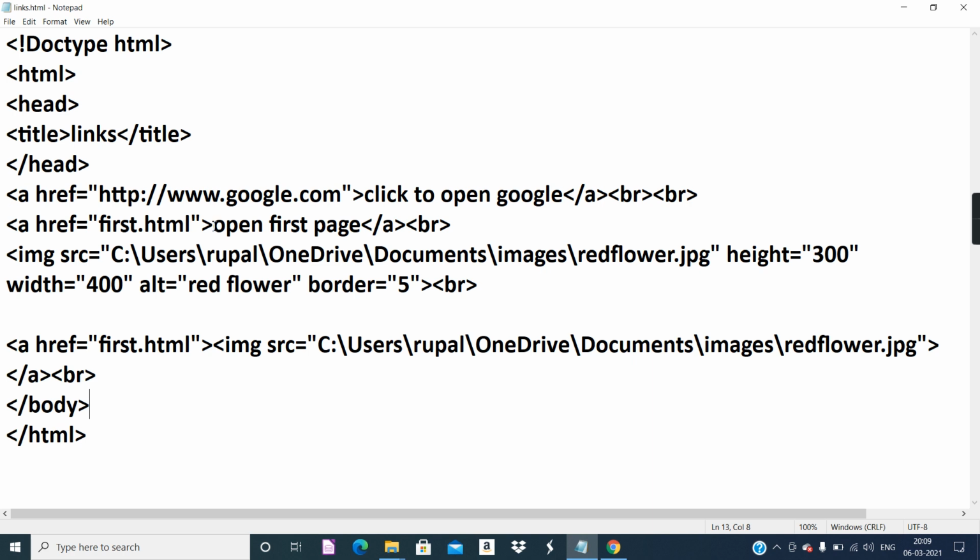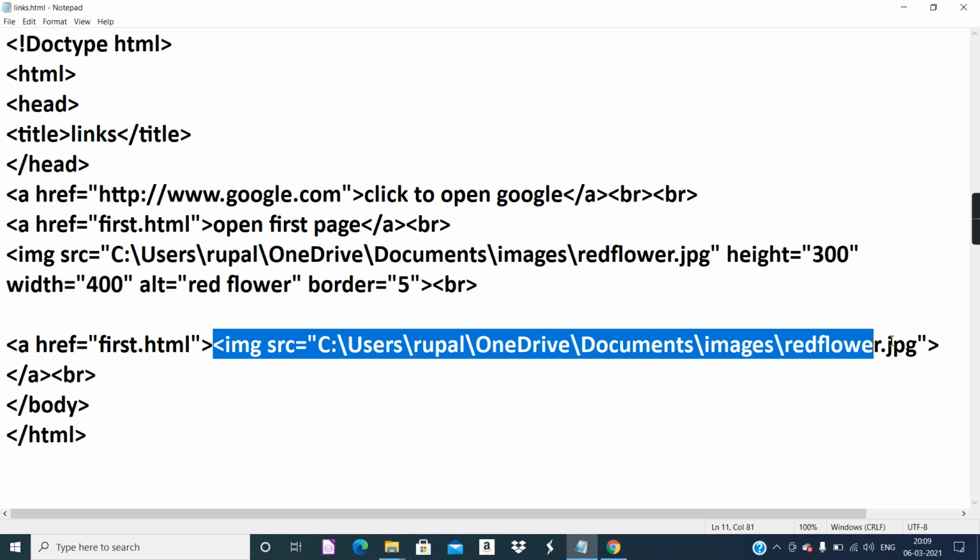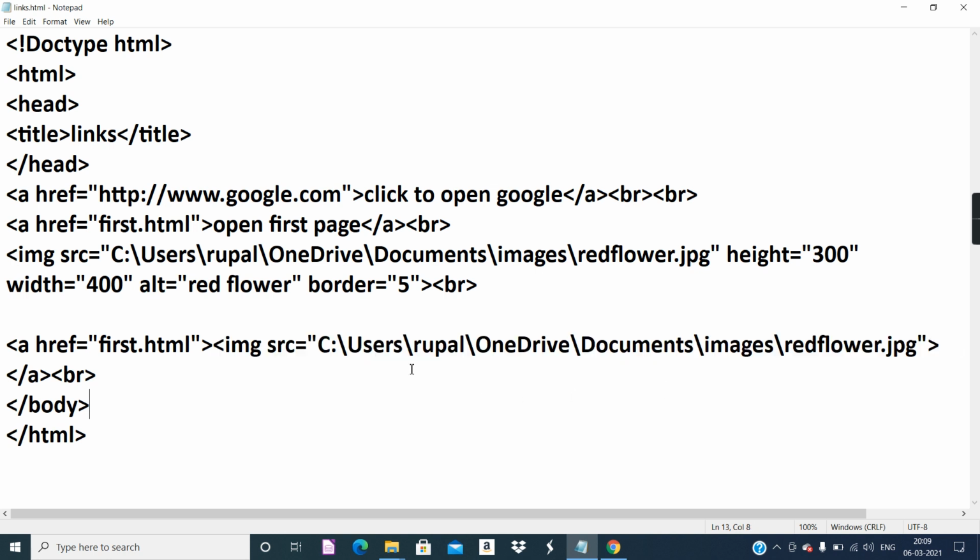If you want a text hyperlink, between the opening and closing of the anchor tag, provide text. If you want an image acting as a hyperlink, between the opening and closing of the anchor tag, provide the img tag, the complete img tag. Okay. So this was all about the images and hyperlinks, at least with reference to standard 11th and 12th. I hope this was helpful to understand. Now what to do if the image, this thing.